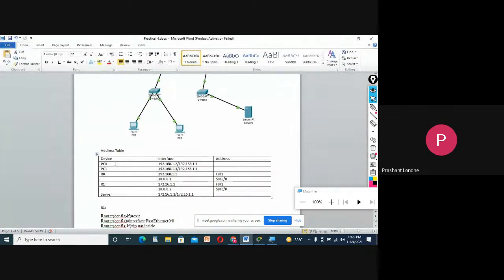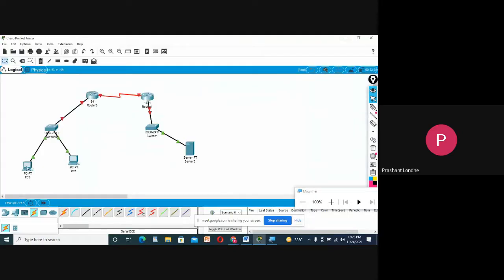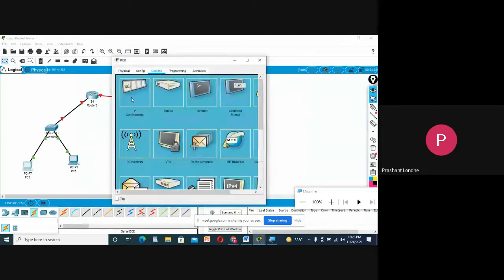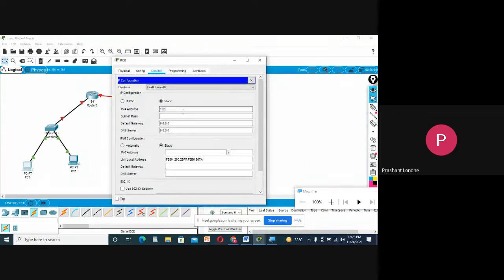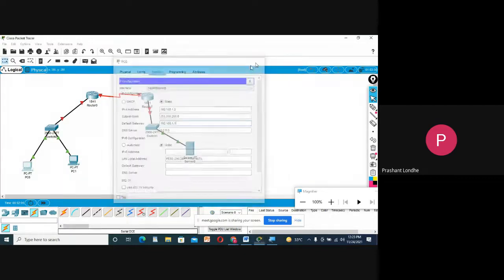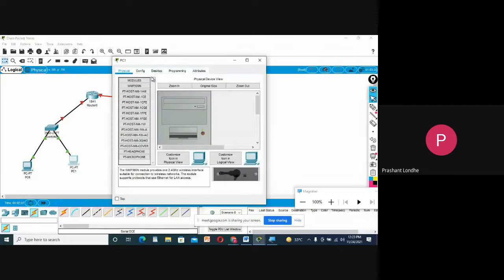For PC0 and PC1, the default gateway is 1.1, and the IP addresses are 1.2 and 1.3. So let us start. 192.168.1.2. And similarly for PC1.